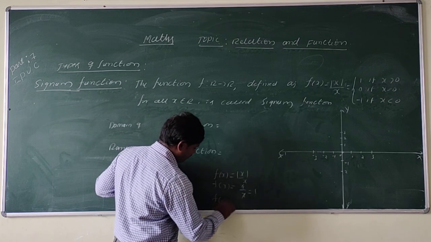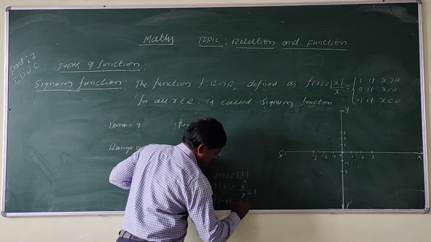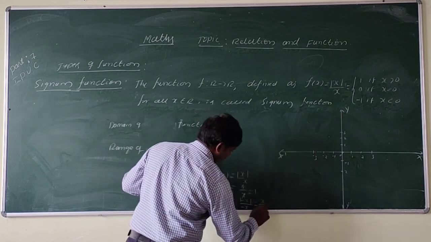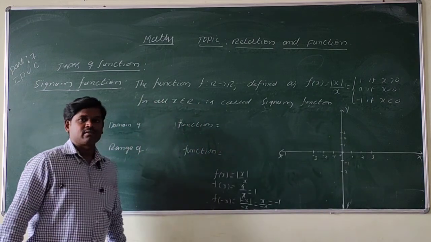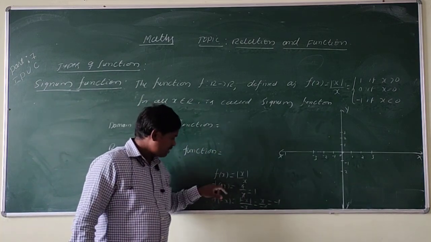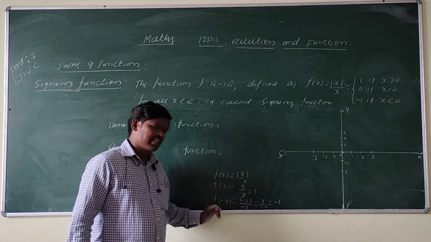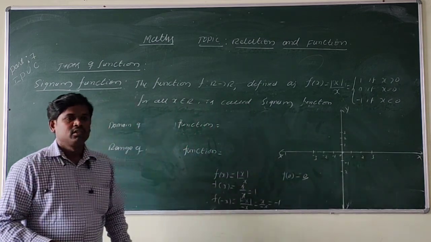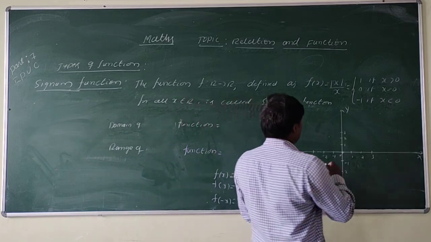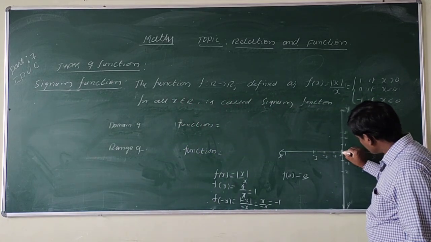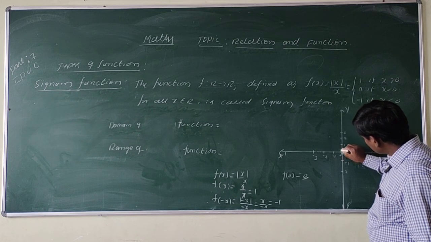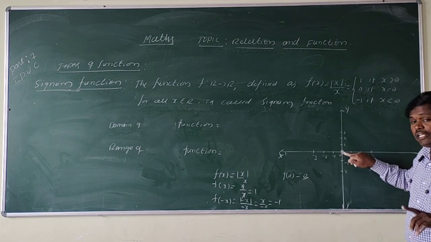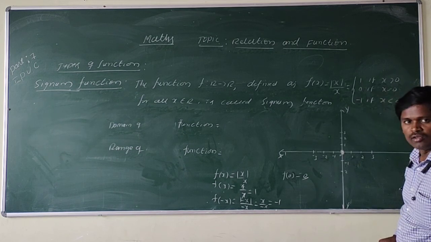Similarly, suppose I take f of minus x. Mod minus x divided by minus x: mod minus x is nothing but plus x, divided by minus x, so then we get minus 1. So this is clear. In place of x, one time I take x positive and another time x negative. If you take x equal to 0, f of 0 is 0. So at x equal to 0, the point is 0, and I take it with a closed circle, including this point. So the output is including 0.